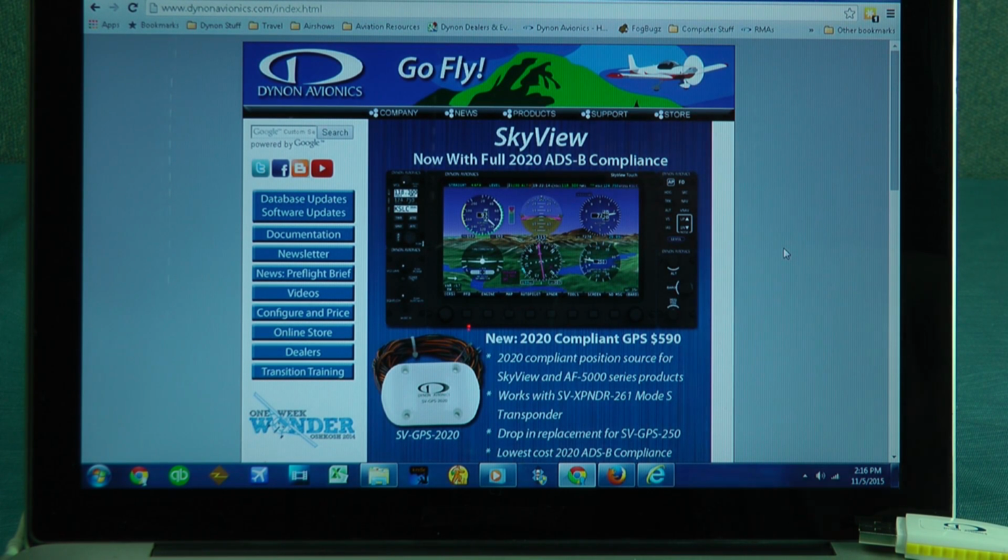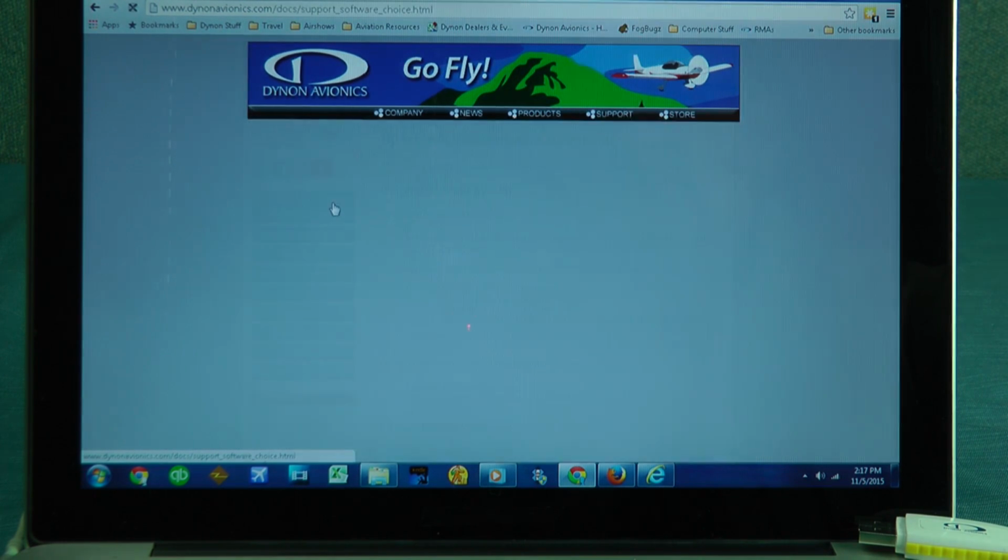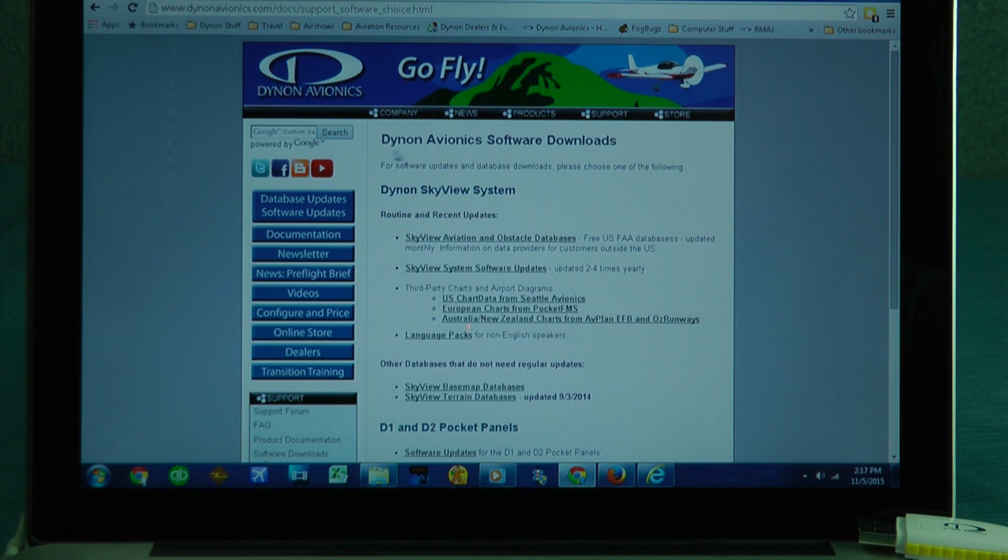So, to carry on, here we are looking at the Dynon Avionics website, and initially I'm demonstrating using the Chrome browser. To get to the database updates page, you merely need to locate this button at the left side of the screen. Notice there's a stack of blue buttons here, and the top one is labeled Database Updates and Software Updates. Using your left mouse button, click on that object there,